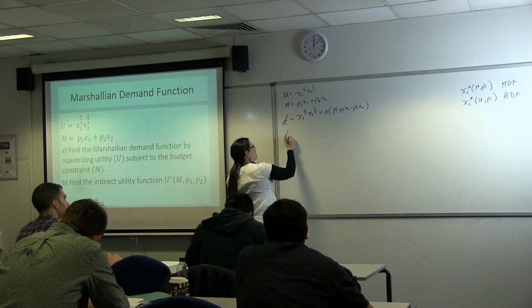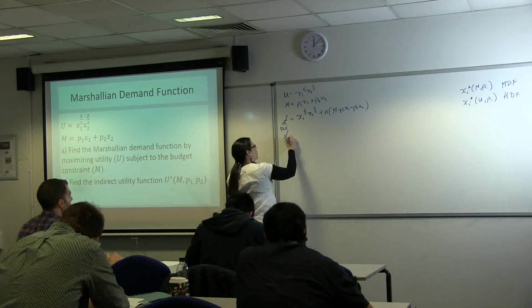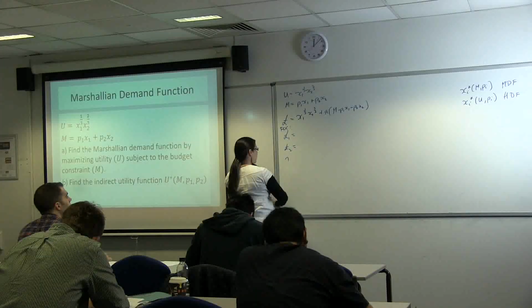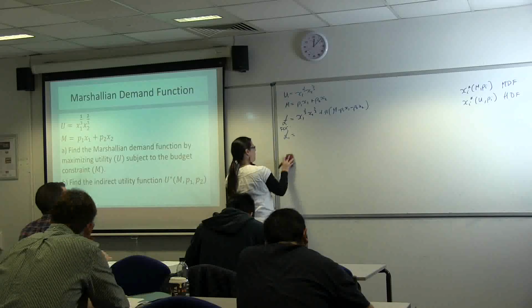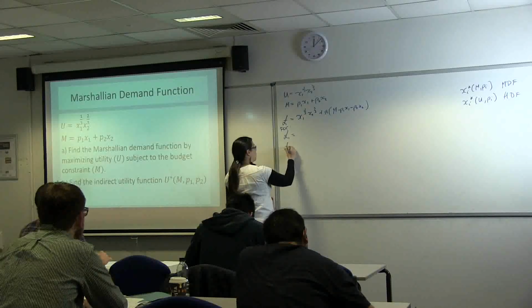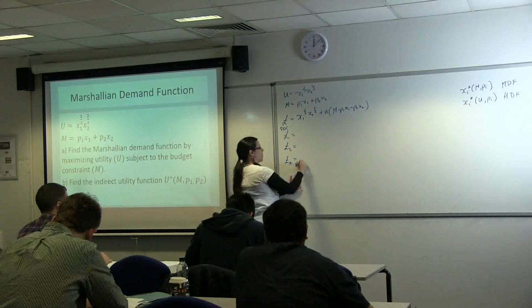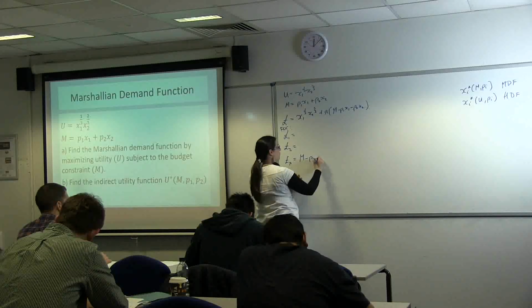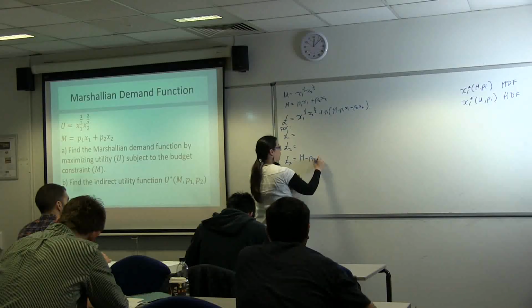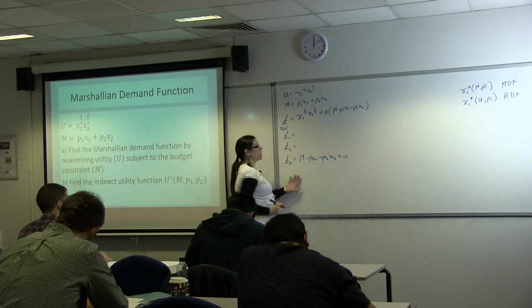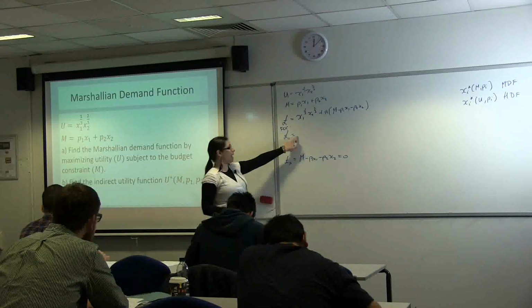And then I need to find lambda 1, lambda 2, not lambda, L1, L2, and L lambda. L lambda is basically just this. That is always your constraint. And L1,